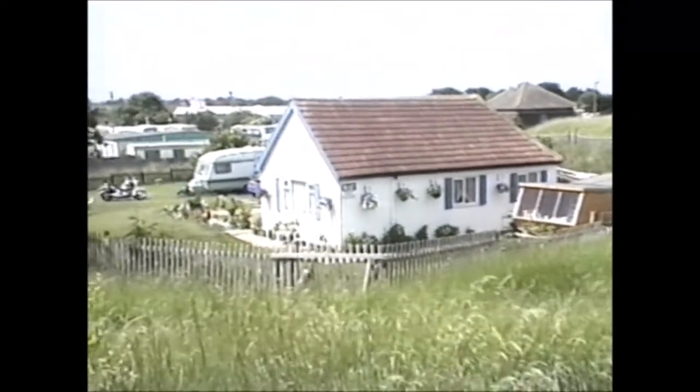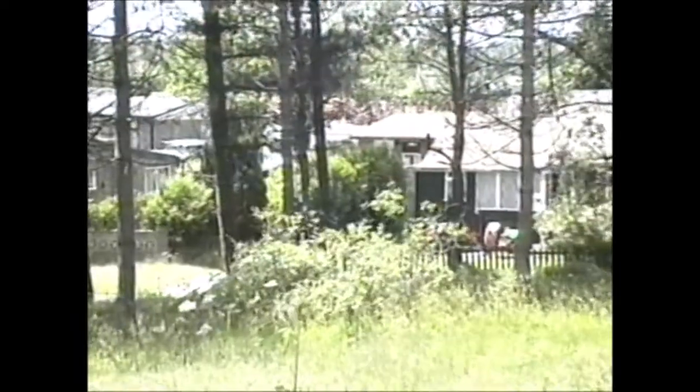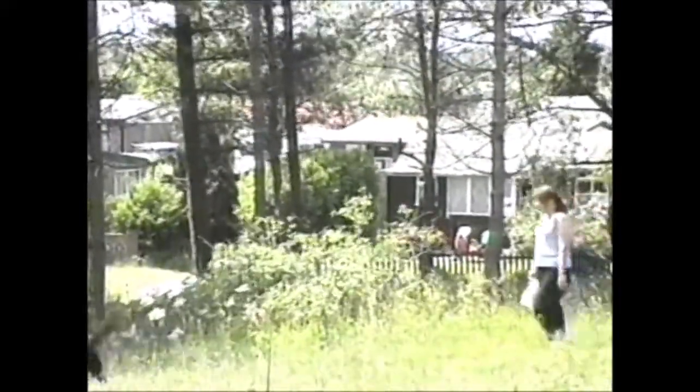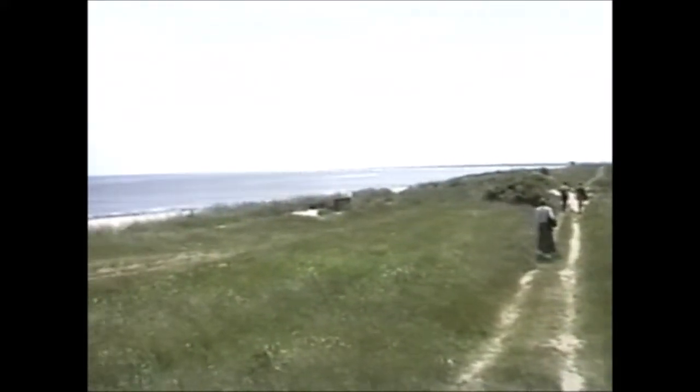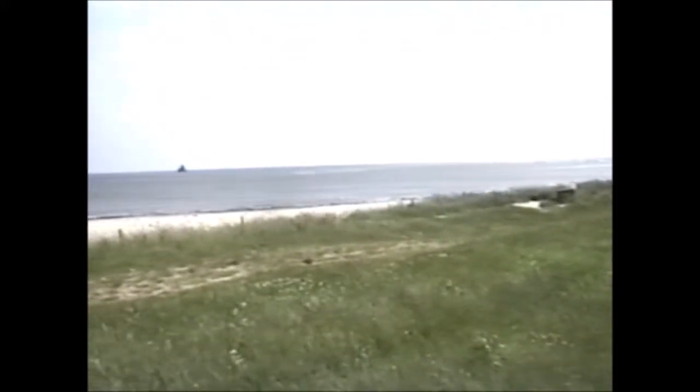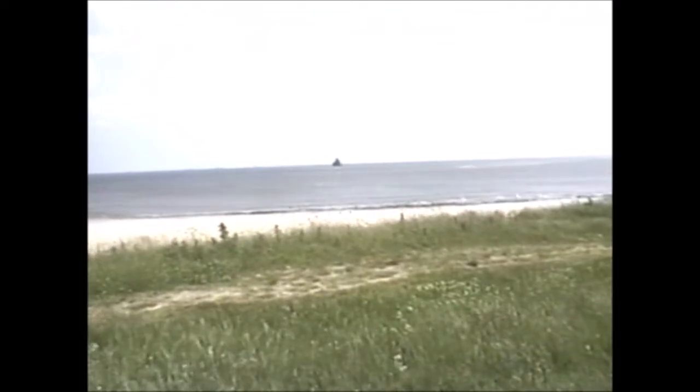And this is where we come to the Fitties. Anyway, this is a jumble of eccentric properties which are all occupied, and it was quite a sight to see,